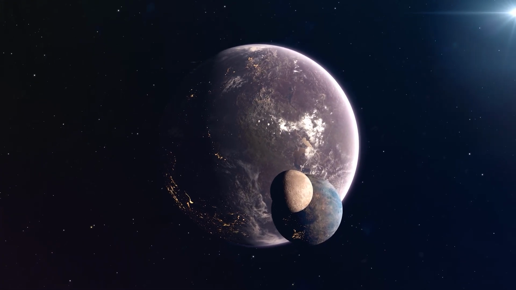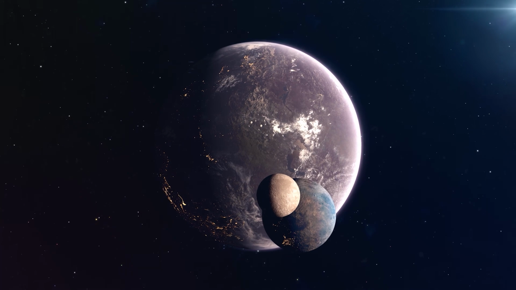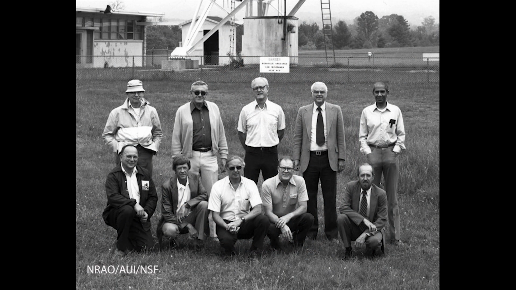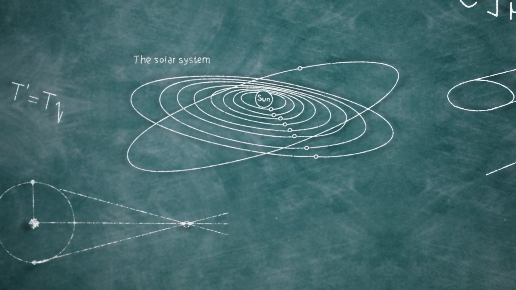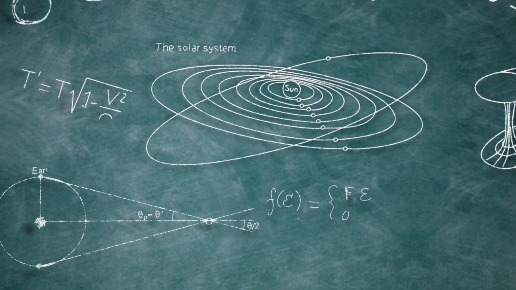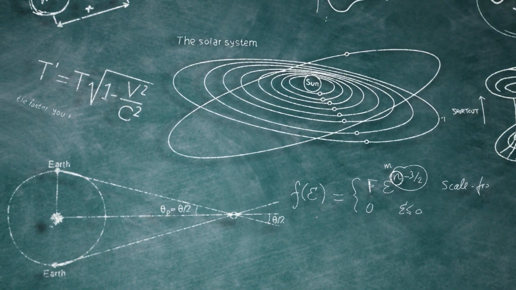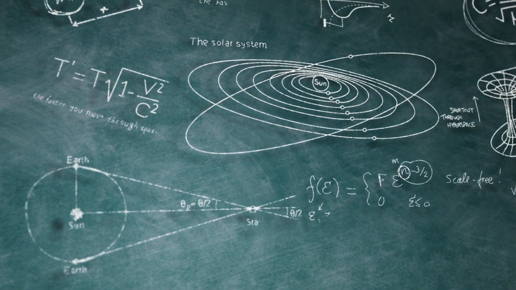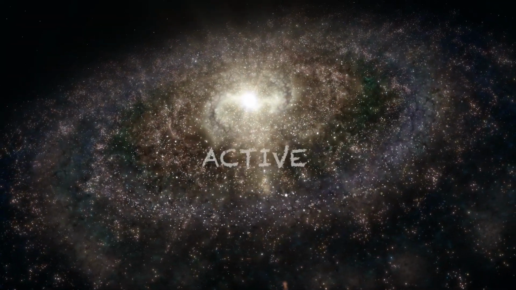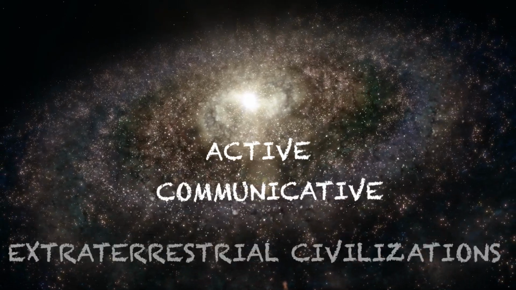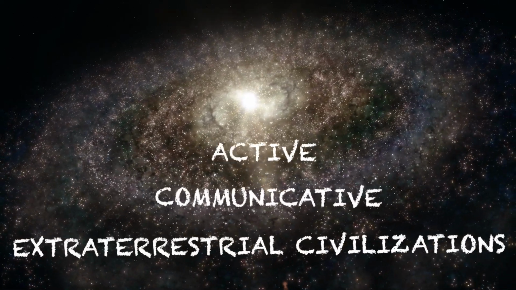This experiment attracted a great deal of attention, and an informal gathering of accomplished researchers and engineers was assembled to discuss the possibilities of finding such a signal. Frank Drake developed his equation in 1961 in order to stimulate conversation at the first scientific meeting on the search for extraterrestrial intelligence. The equation is used to estimate the number of active, communicative, extraterrestrial civilizations in the Milky Way Galaxy.